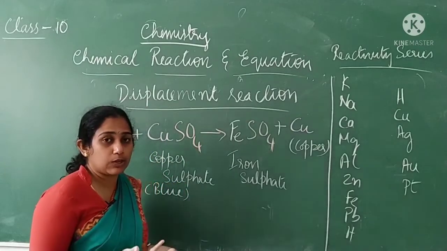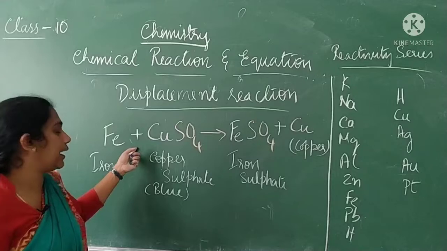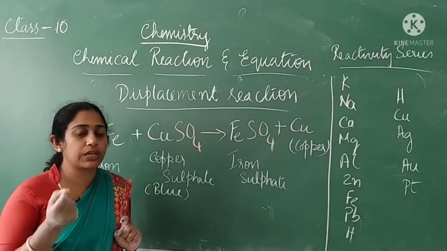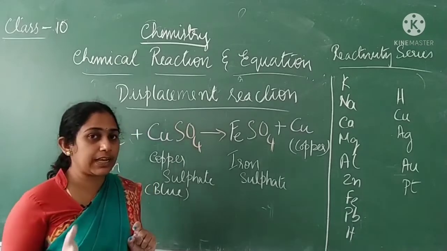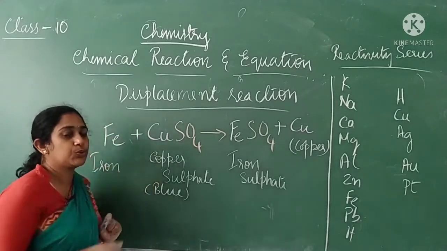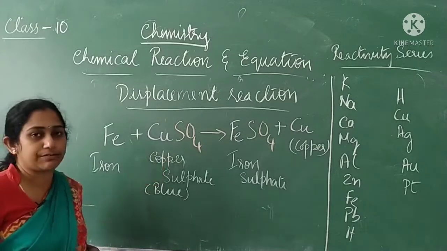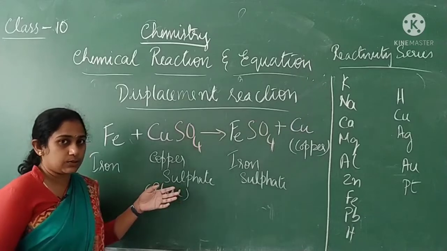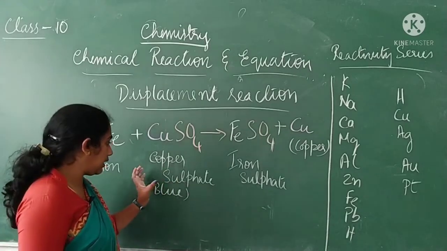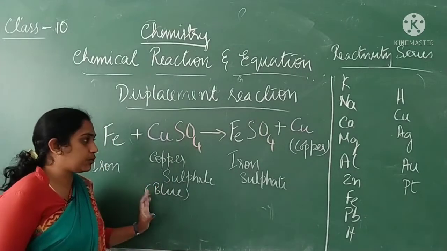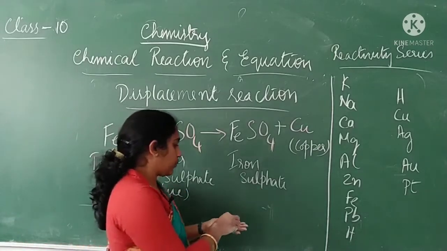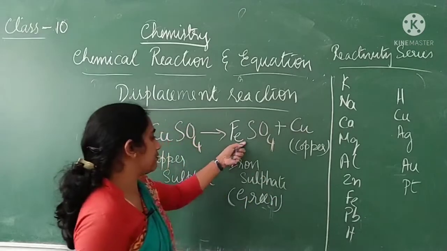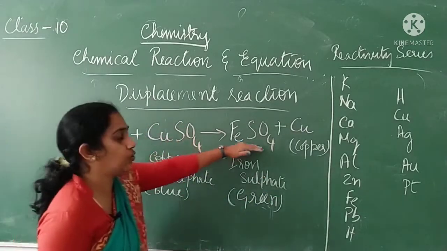To that blue color copper sulfate solution, you have to add one iron substance, any brand new iron substance. You can use a brand new nail itself, grayish in color. That has to be put into the solution of copper sulfate, and you have to leave it for 1 day or 2 days. After a few hours, you can observe that slowly the color of the copper sulfate changes from blue to green color. Why it changes to green color is because the substance has changed to ferrous sulfate. So copper sulfate has changed to ferrous sulfate.